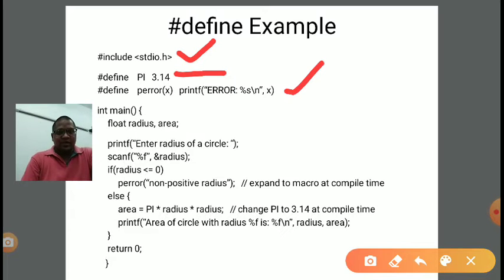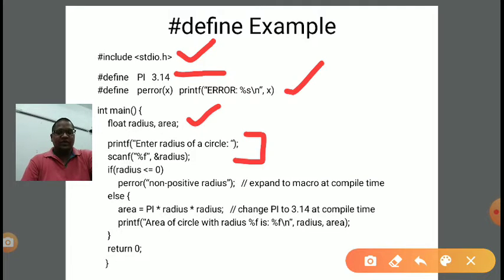So coming to main, again we have declared two variables, radius and area. We will be taking the input radius from the user. Now here we have written some decision logic, an if-else type of concept. Meaning whatever value of radius we have entered, we check whether that value is negative, then we will display some message, and if it is not negative, then we will further process the input in the formula, and it will generate the corresponding output.